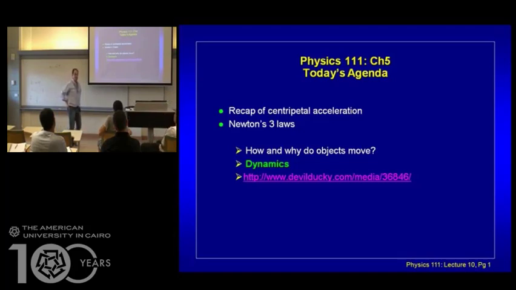What I did now, I just added vectors. And those vectors happen to be forces. So now, this is Newton's second law. The sum of the forces equals mass times the acceleration.